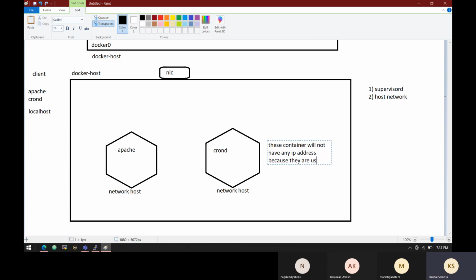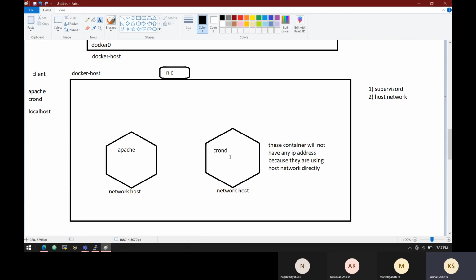Because they are using the host network directly. The process is isolated, but both are listening on the same NIC card. So, one example I can give you,